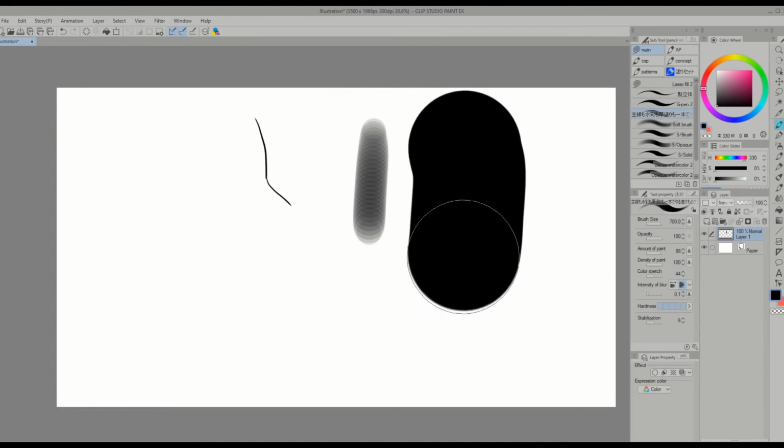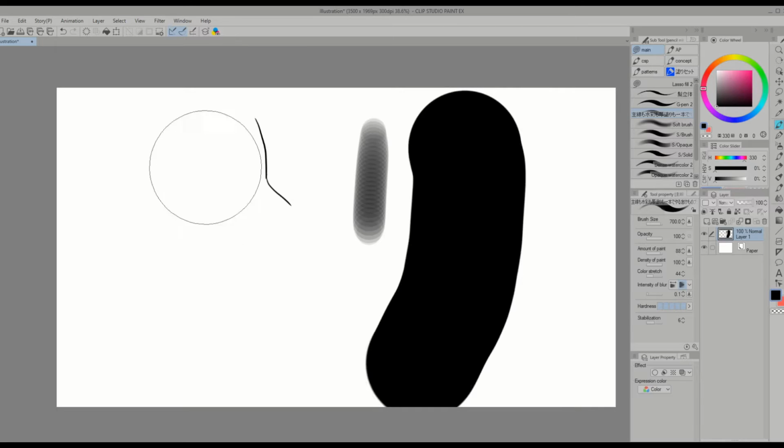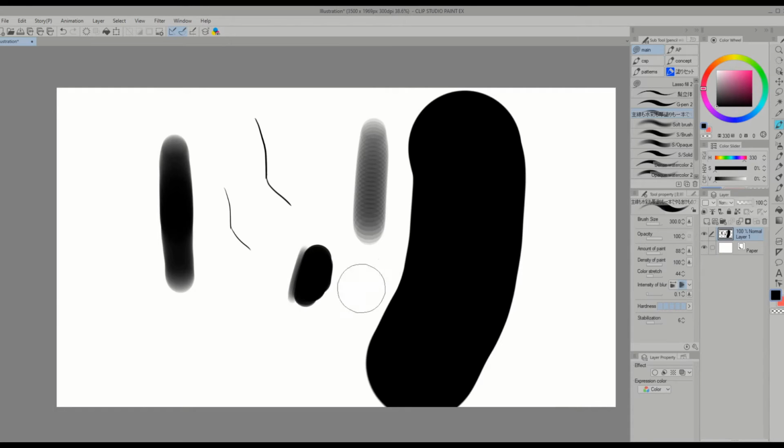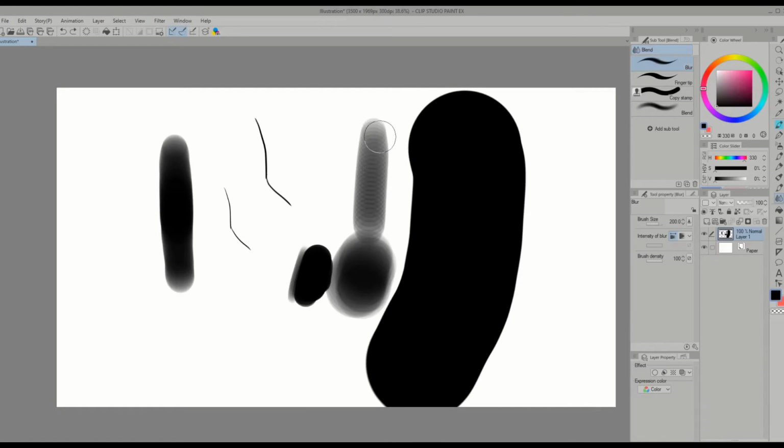If you press it really hard, it'll be flat like this. And if you press it really soft, it'll be kind of smooth like this. So yeah, play around with the brush size: small for lines, medium for painting, and big to give a soft touch. And you can get rid of these circular artifacts by going to the blend tool here, clicking blur, and just applying that to smooth it out.